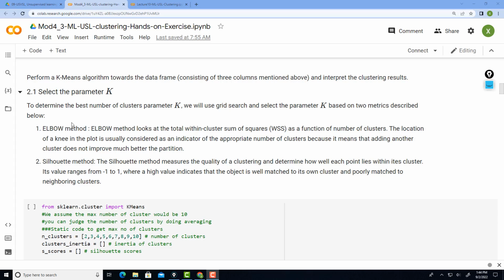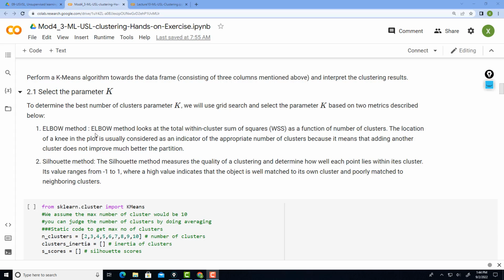The first method is known as the elbow method. The elbow method looks at the within-cluster sum of squares, so within-cluster distances again. You use whatever numbers of clusters you want to try and check the within-cluster distance performance. You plot the curve of the performance with respect to k, the number of clusters you use.